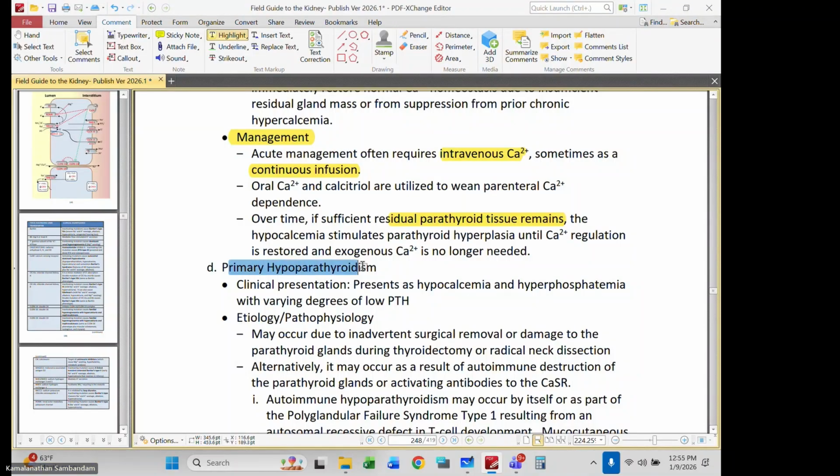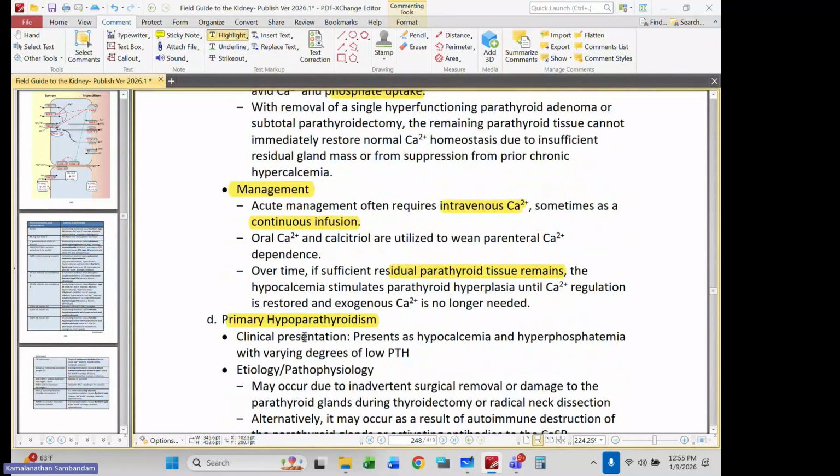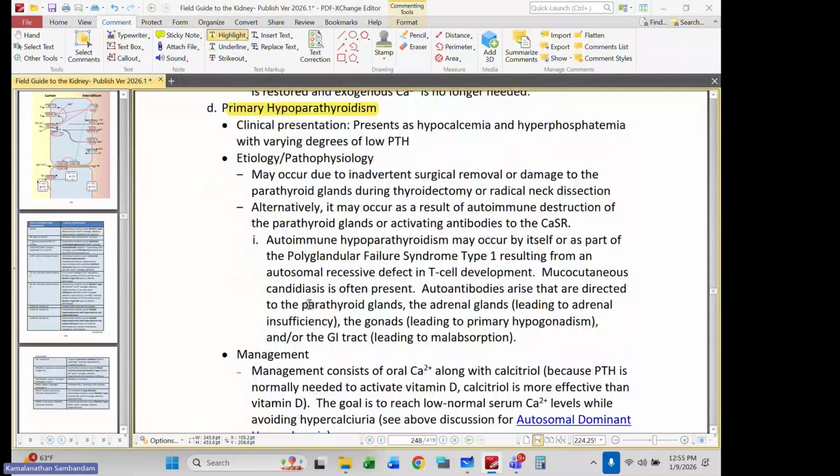All right. Primary, I think I've talked about acute and chronic over time. All right. Primary hypoparathyroidism. These obviously have a similar pattern again, low calcium, high phos, and PTHs which are low. The pathophysiology, again, autosomal dominant hypocalcemia can be in the differential diagnosis, but often we see scenarios like autoimmune hypoparathyroidism,